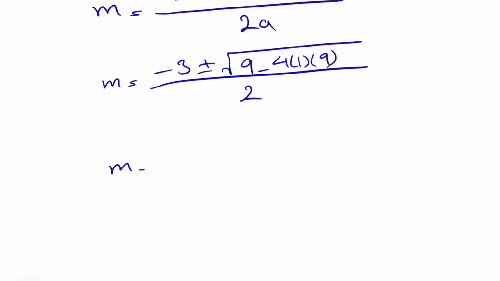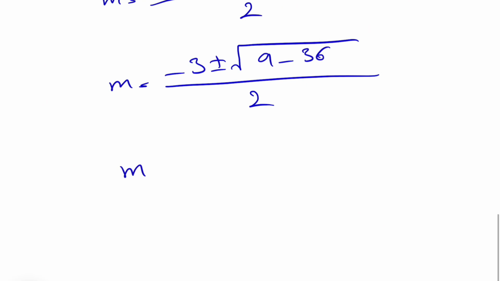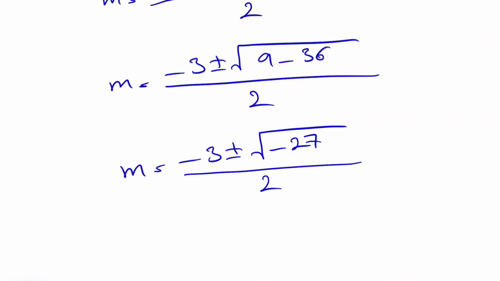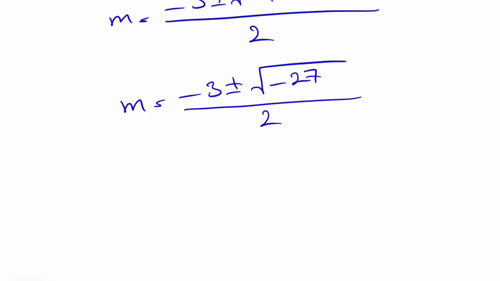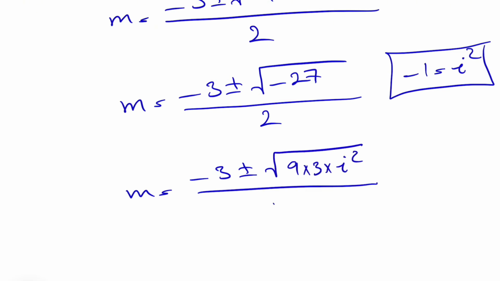So here our m would be basically minus 3 plus or minus the square root of 9 minus 4 times 9, which is 36, divided by 2. So our m will be minus 3 plus or minus the square root of 9 minus 36, which is minus 27. And we know 27 is 9 times 3, so we can simplify this, and instead of minus 1 we're going to use our i squared since we have complex answers here. So m is equal to minus 3 plus or minus the square root of 9 times 3 times i squared, divided by 2,